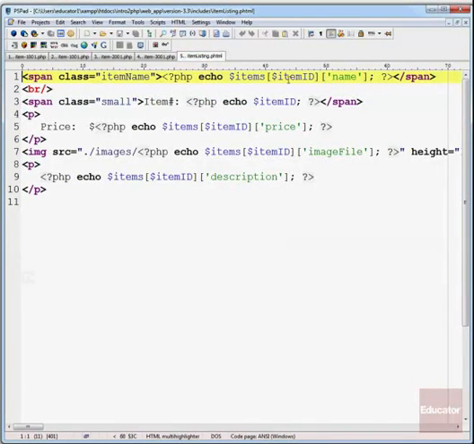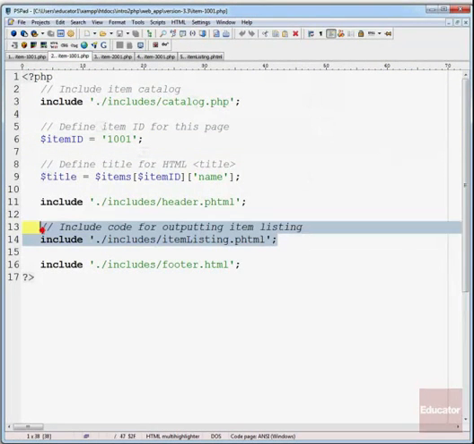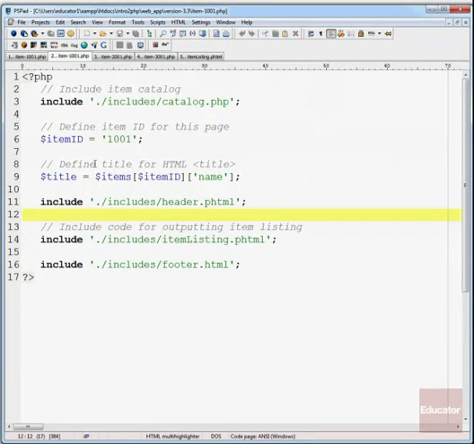And as we can see here, we use this item ID as we had described in the last lesson. So item ID again has to be defined before this file is called,